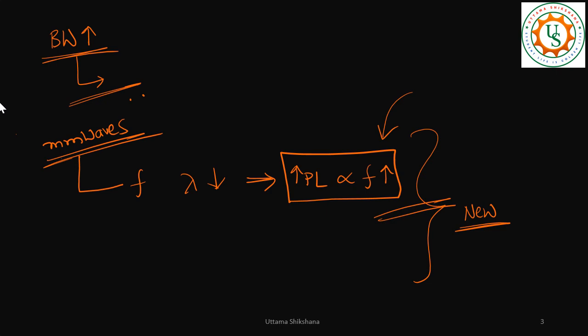With millimeter wave, what advantage are we going to get? Lambda is decreased, which means that antenna sizes are becoming smaller and smaller. So we can pack more and more antennas in a very small area, and this is very beneficial for the introduction of one more newer technology that I will also come to in the upcoming videos. I hope you got the clarity on what the challenges with millimeter waves are.